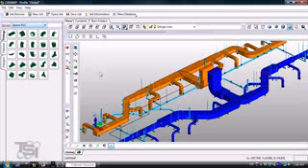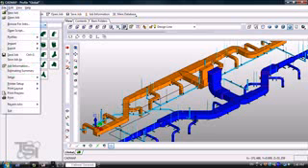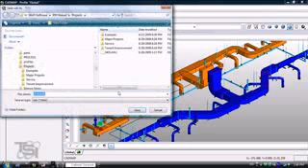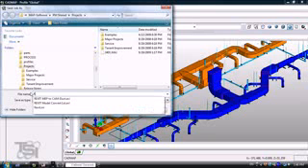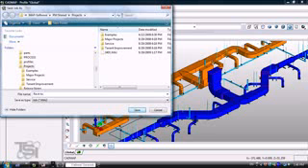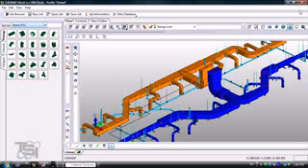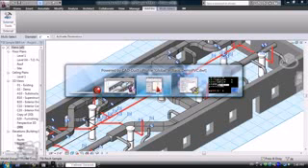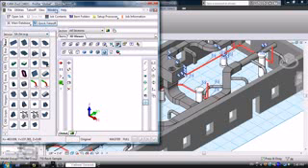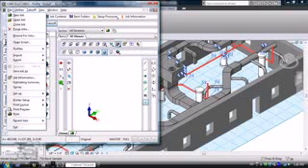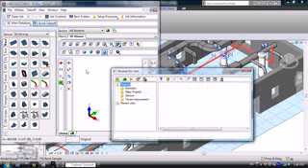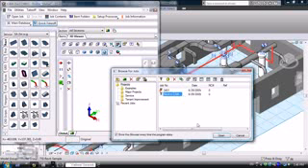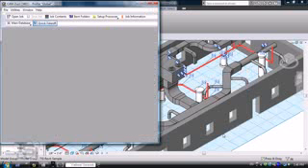And now what I want to do is take that into the manufacturing. So I'm going to say save job as, and I'm going to put that down in here, and we'll just call this Revit to CAM duct. Save that file, and I'm going to go ahead and close it out. And I have CAM duct right here. I'm going to go ahead and browse jobs. Because it's an integrated solution, you'll see that Revit to CAM duct is right here. And when I go ahead and open that up,